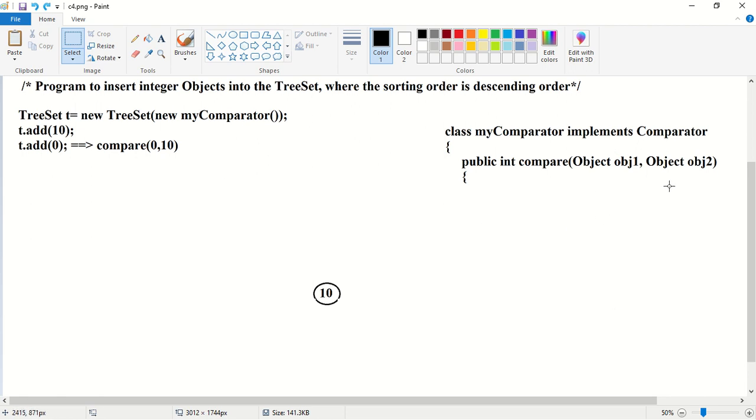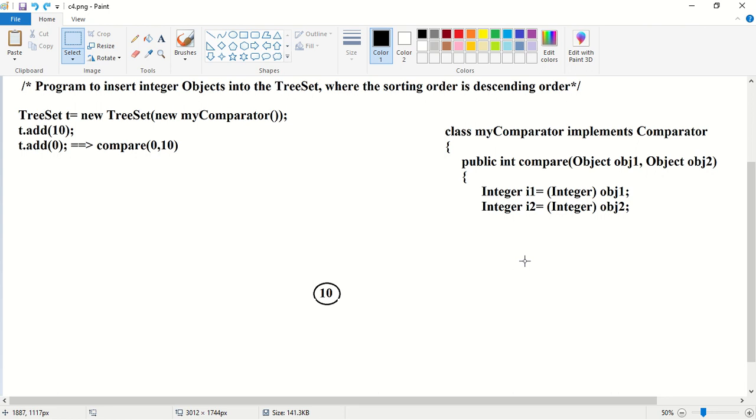So what I'm going to do is take this obj1 and convert this obj1 into an Integer object. So how to convert it? Integer i1 = (Integer) obj1. The given object will be typecasted to the Integer wrapper class. Okay, similarly for i2, Integer i2 = (Integer) obj2.